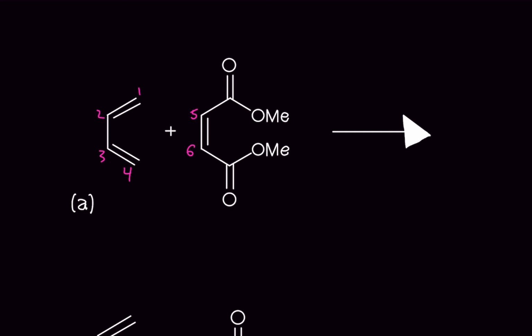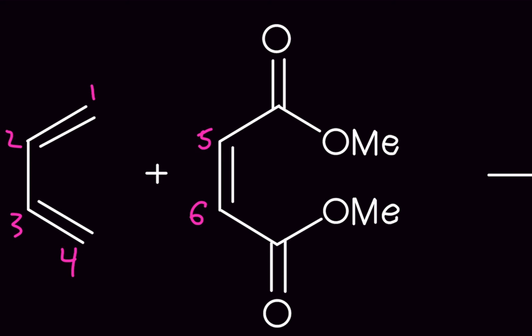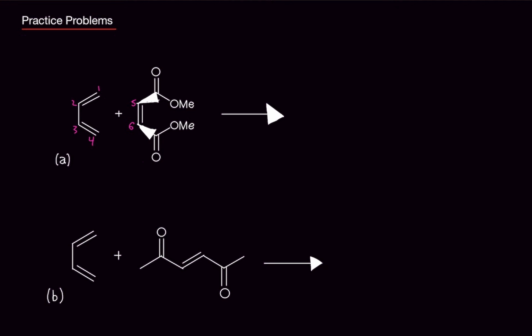So we can either put them on wedges or dashes. And look, all you have to do, watch this. All you need to do is convert this into a wedge like this, or a dash, it does not matter because they're cis. It needs to be the same. Actually, do this. Fill it in. Now, all you just do is draw a ring and add this to carbon number 5 and carbon number